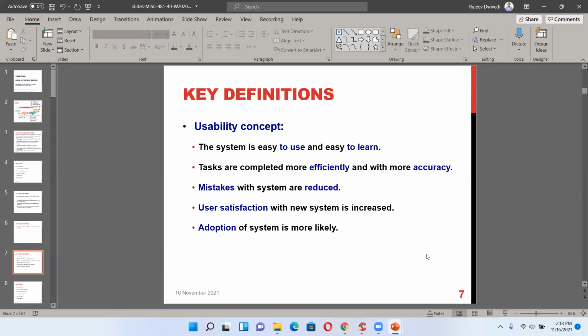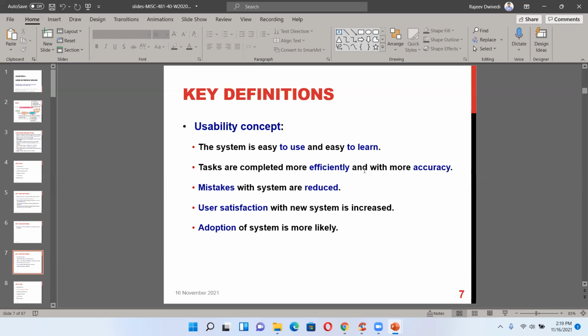The moment you are interested, let's say, in information systems, and you want to go for an MS, Master of Science in Information Systems, in moments you can go to the University of Washington website. Suppose you are curious to know the different aspects, in 5 minutes you will get the information about the Master of Science in Information Systems at the University of Washington, because they are easy to use and easy to learn.